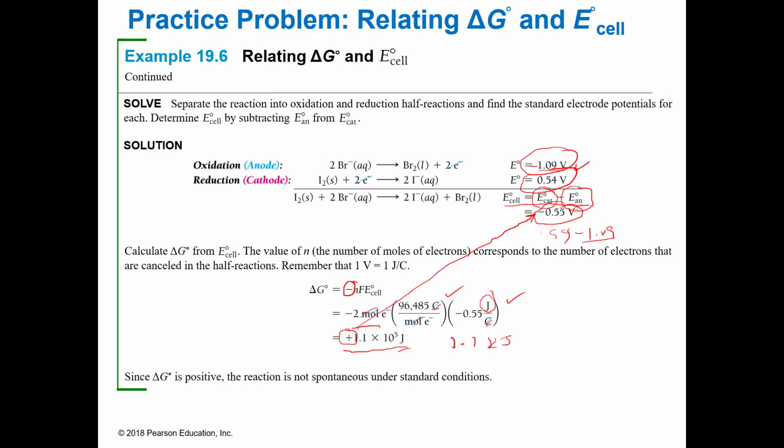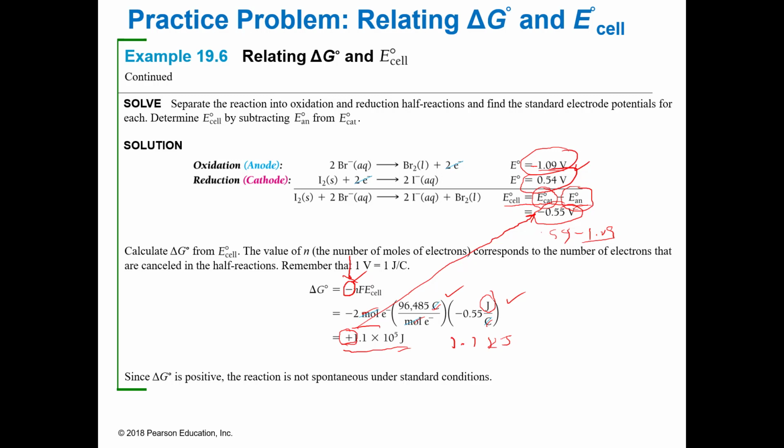So if you know the cell potential is negative and you don't get a positive value for delta G, it's probably because you missed the sign on that equation. So again, not difficult. You look at the equation, break it down into its half reactions, look up the